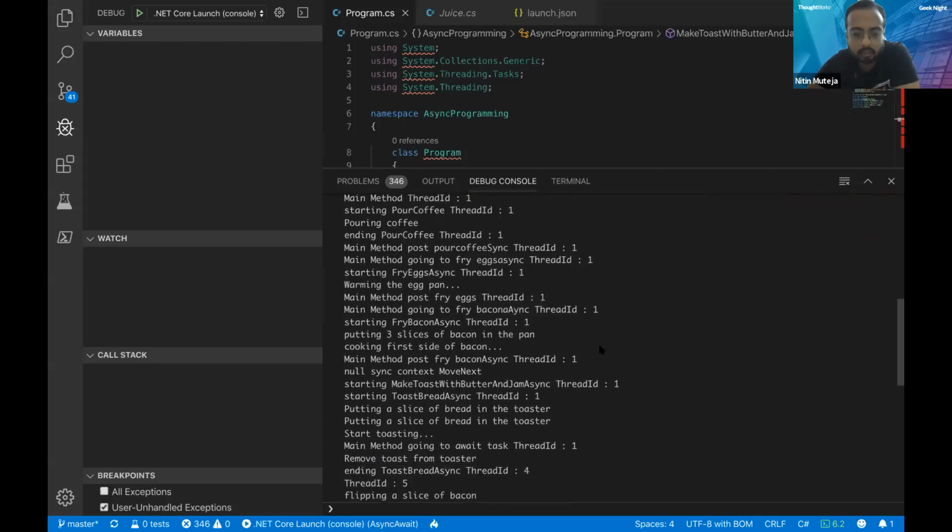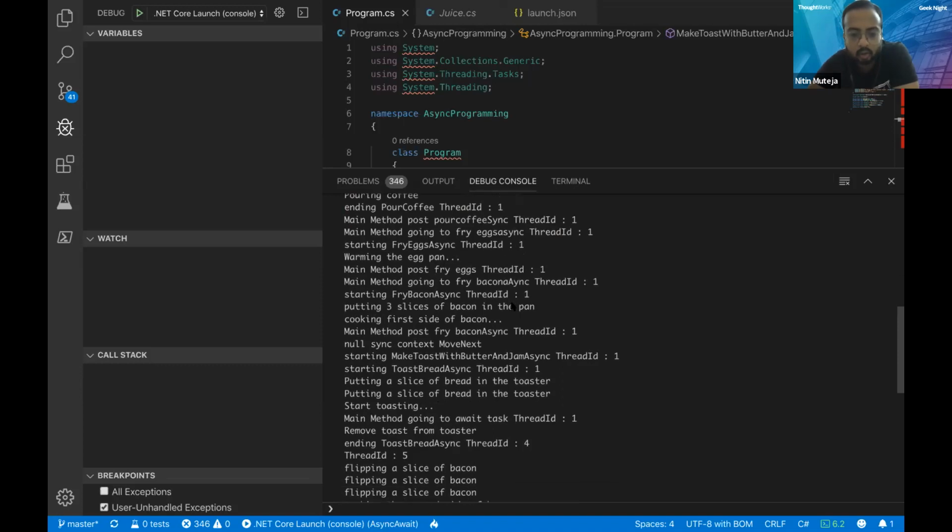Then I introduce some asynchronous operations. My control first goes to frying eggs, which is an asynchronous operation. You can see my execution is still happening on the same thread. When the frying of eggs gets blocked, my control returns back to the caller.